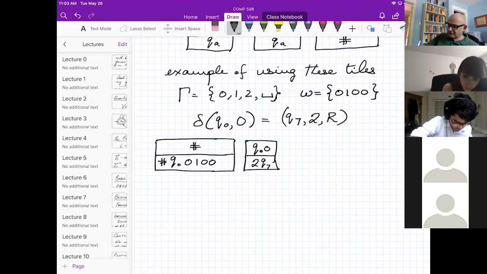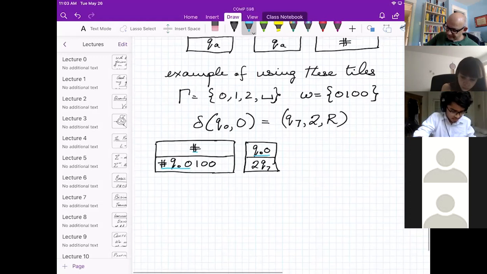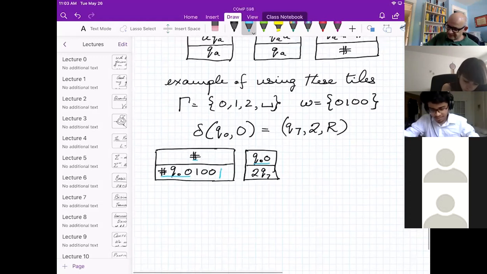Okay, so what have we matched so far? We've got this much matched so far. Okay, we matched it with that. And that, but now we've got a 2Q7 on the bottom. Sorry, I forgot one small detail. This should have had a hash mark here. Oops.